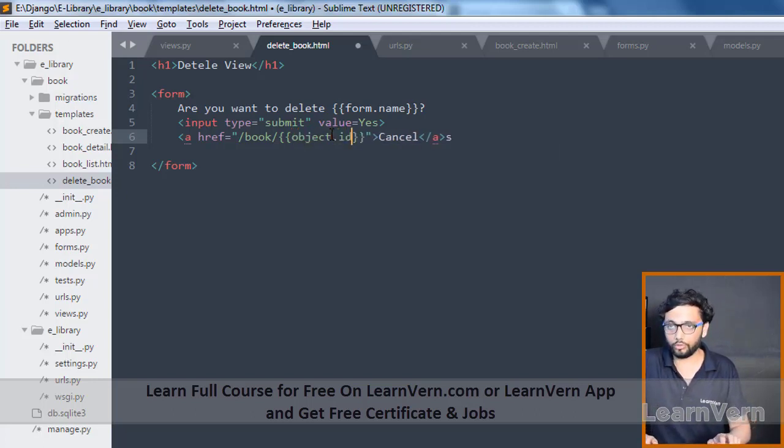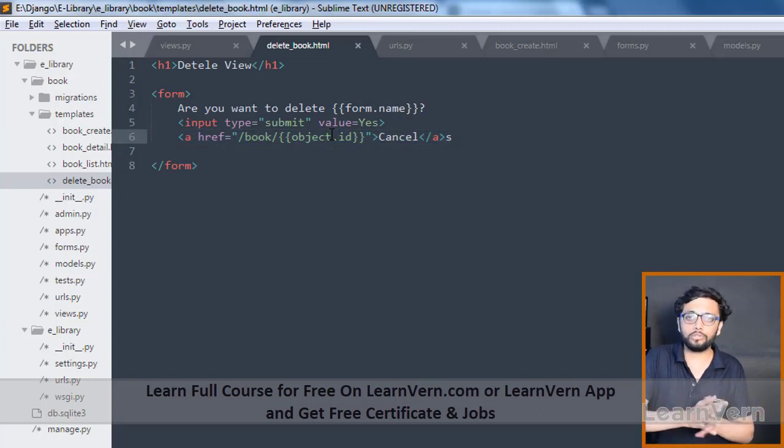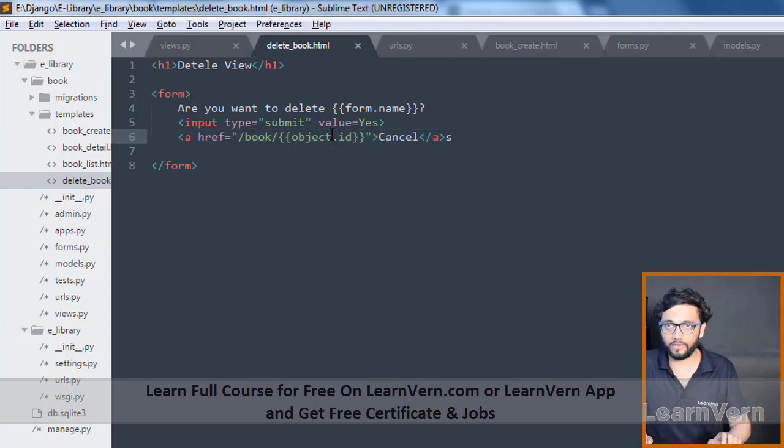Okay, fine. So whatever you want, if you want to redirect to the list view, then you can specify book/list, or if you want to redirect to this view whenever you hit cancel, then you can redirect it to the specified ID, which is the book ID. So this is it for the